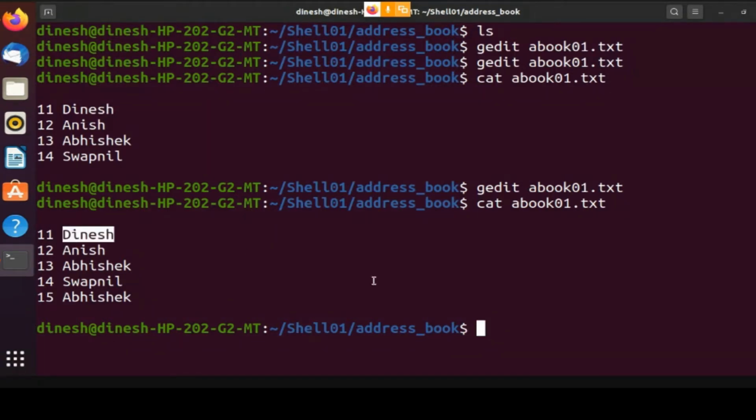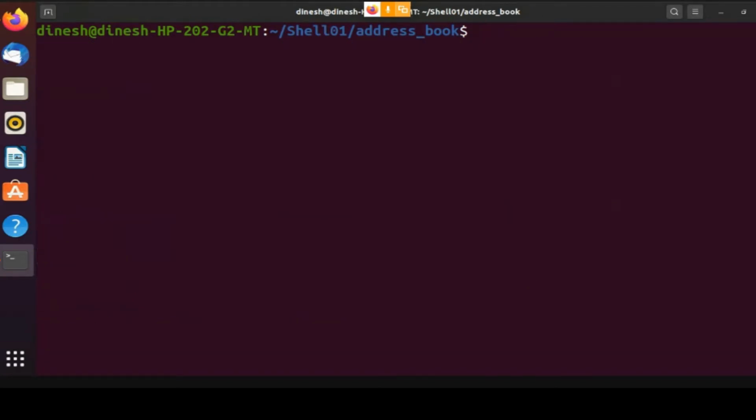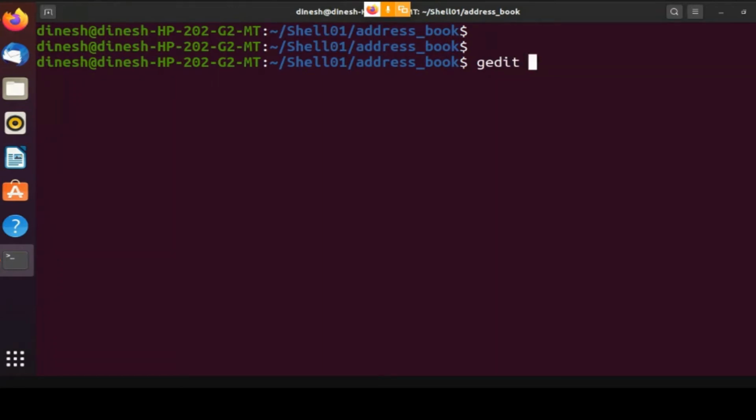So this is the structure of your book, and then we'll have a program with which the user will be able to add, delete, and modify the records. Let's start. I'll write the program step by step. Let's say it's addressbook.sh.